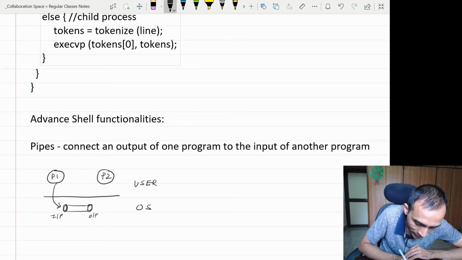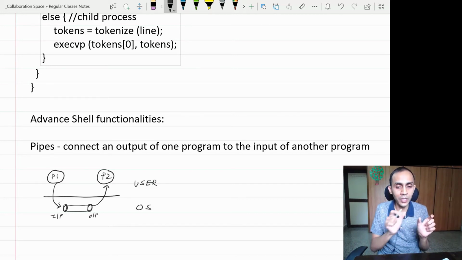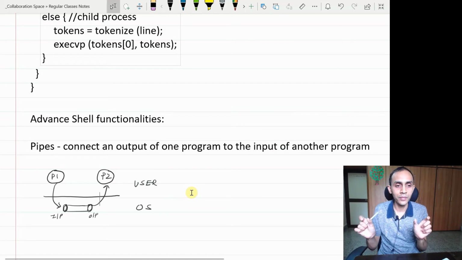So you can connect the output or input of one process to one end of the pipe, and similarly the output or the input of the other process to the other end of the pipe. In that way you can communicate between two processes. Input and output get communicated between the two processes with the help of the OS. In the earlier days, these pipes would help us connect multiple programs in a sequence and do a more complex task, which cannot be done just by using one or two commands.